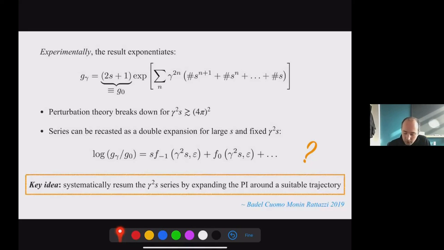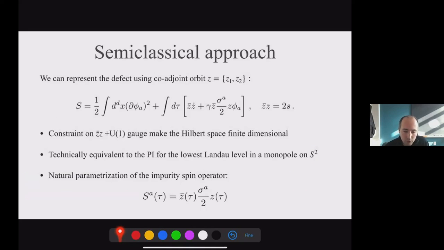And the key idea is similar to some prior works in the context of multi-layer damping. In fact, I should have mentioned here works by Rubakov and Son in the 90s, and some recent context in the epsilon expansion, this work that we've done recently with Gilles Bader, Sasha Moy, Riccardo Rattazzi, and is to expand the path integral around a suitable trajectory that resums this gamma square S series for you. So the way this is done was already, I think, mentioned by Professor Zittel in this talk, but let me remind you or present you an alternative way, in fact.